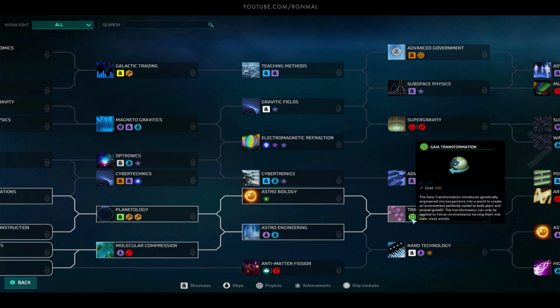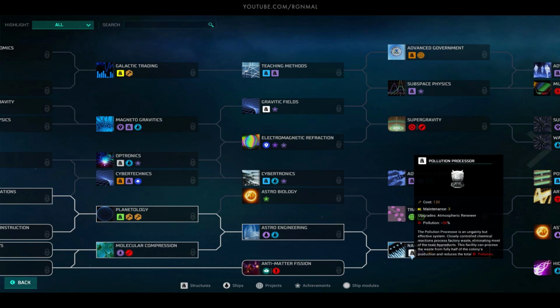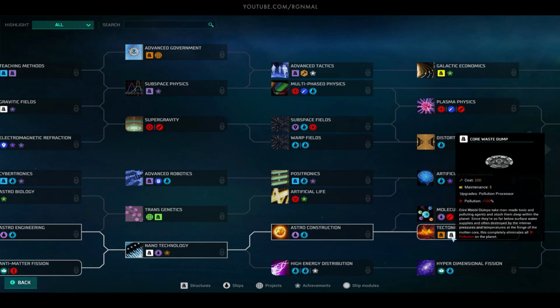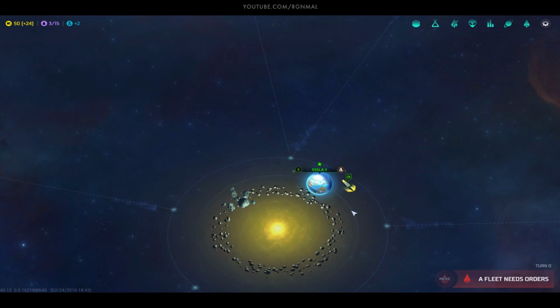It would be in here somewhere. Transgenics. Well, there's weather controller. There we go. Something like this. Pollution processor. Upgrades the atmospheric renewer. So that means somewhere down here there's going to be a core device that can get rid of it. Deep core mine. Core waste dump. There we go. So that would get rid of your pollution altogether. So you can manage it using your